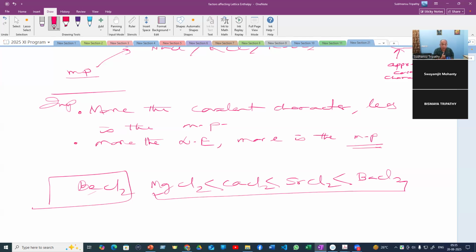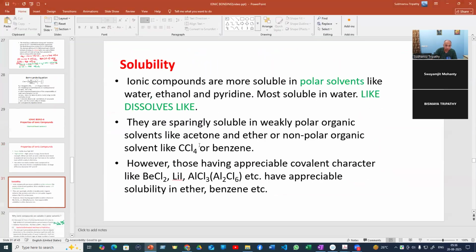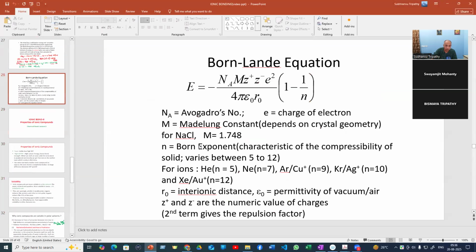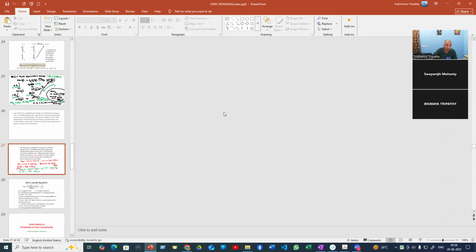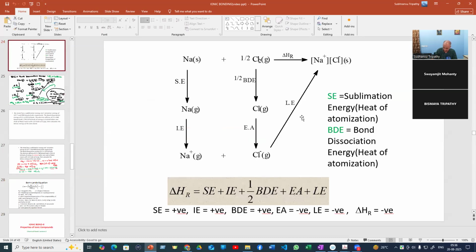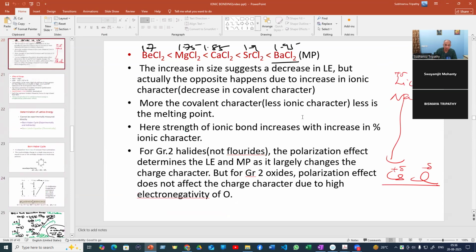Now, beryllium chloride is so covalent that if I show you the exact values here,